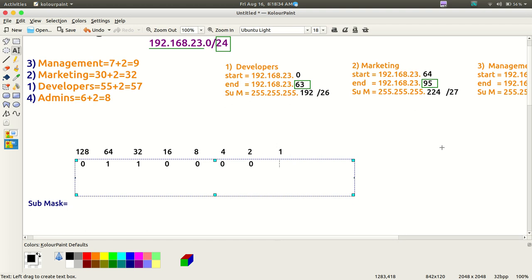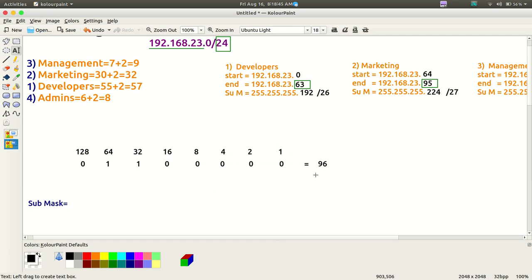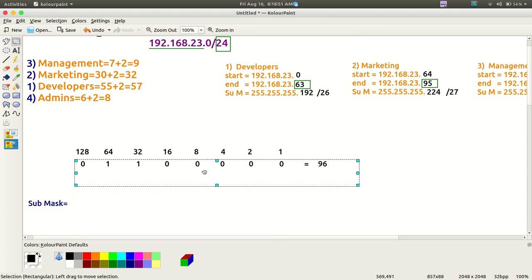So since we ended the previous department on 95, this department is starting with 96. Okay, clear? Now one thing, in order to complete the calculation, we need to calculate the end IP address,